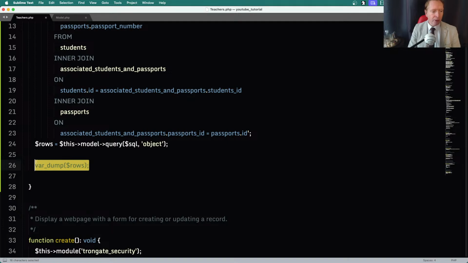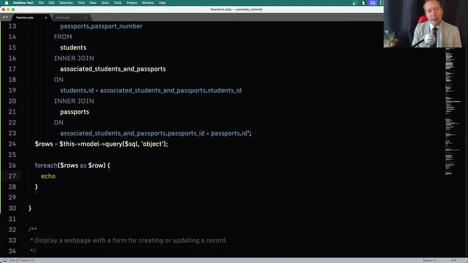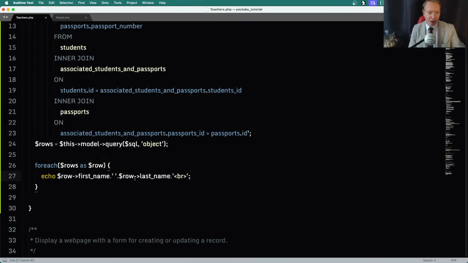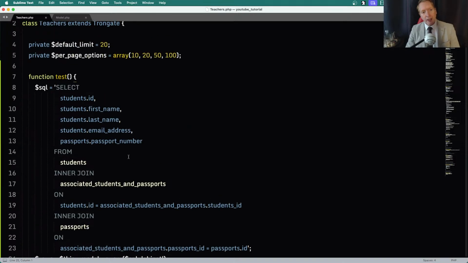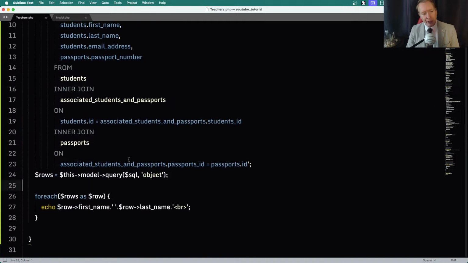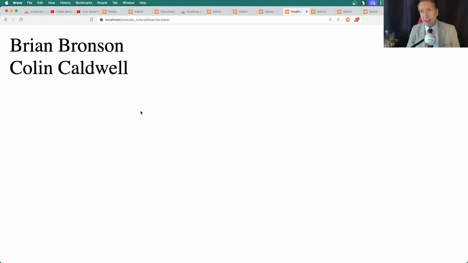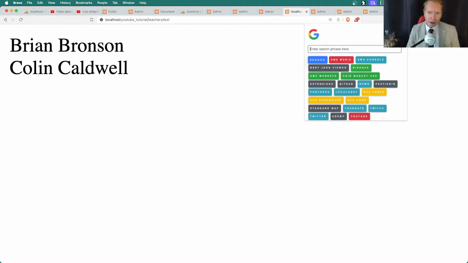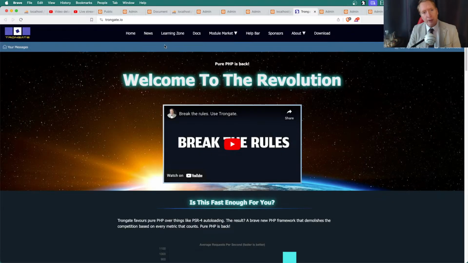So if we were going to loop through these, we would say foreach rows as row, and you could echo something like row first name, a little space, row last name, and we'll do a little BR, and there you go. Obviously, I'm just doing this as quickly as possible. That's about it. I'll leave you with one other thought before I take a couple of questions and then run out of the door. In the documentation, now the documentation is being rewritten, but in the documentation for doing custom